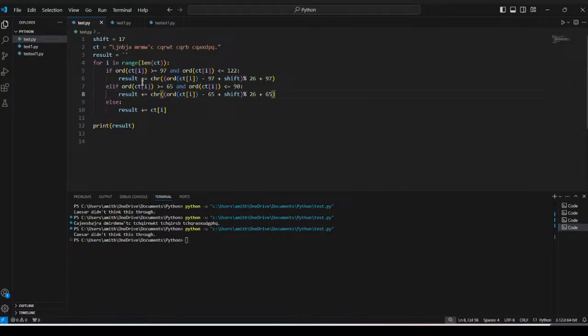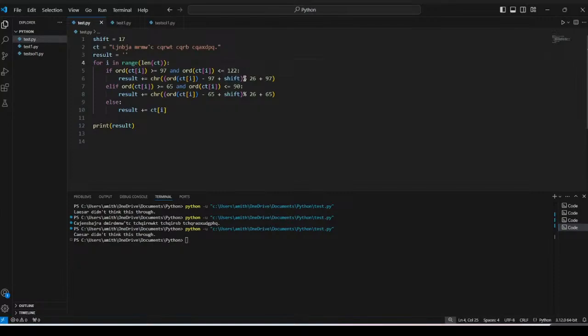So here is a result string that is empty. To this we append. So first what we do is we take the first letter, we convert it into the ASCII value. Ord will convert the letter to its number equivalent, and then we'll subtract 97. So even if it's A and its value is 97, it'll go to 0, and then we'll increase it by the shift amount. So let's say it'll become like M, and then